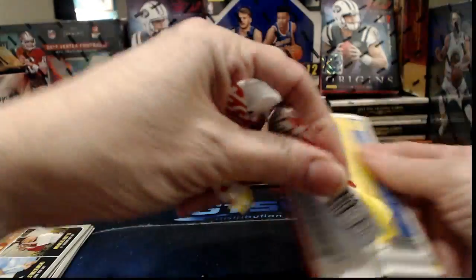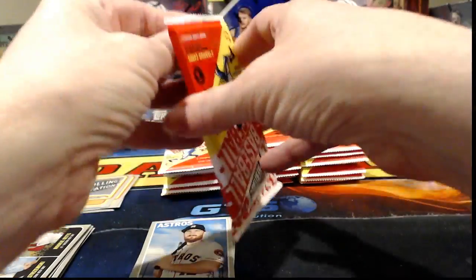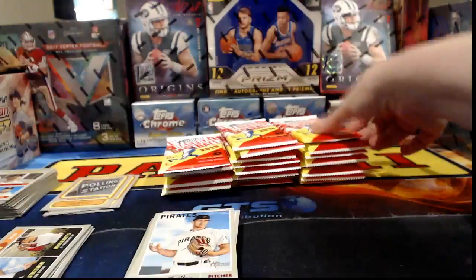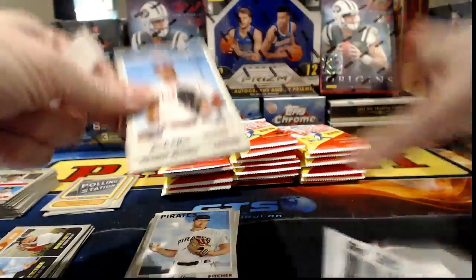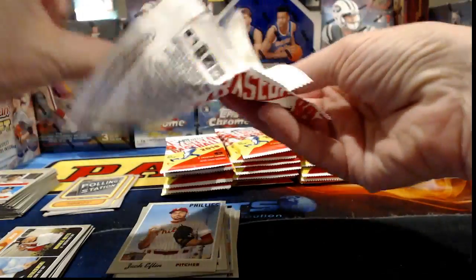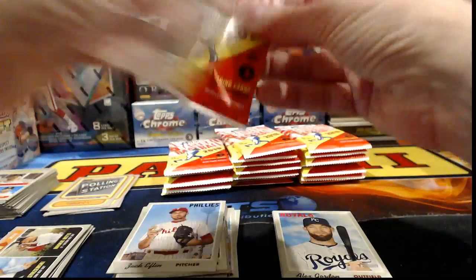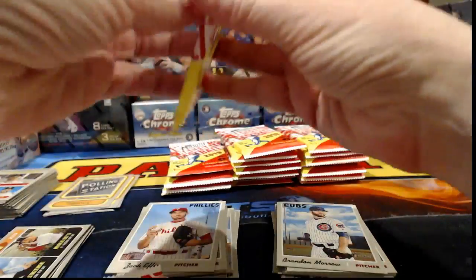All right, so this is our last box of this half case. So we are officially entering the last box mojo zone, whereby we need to try to conjure up the big hit, hopefully. And that would be